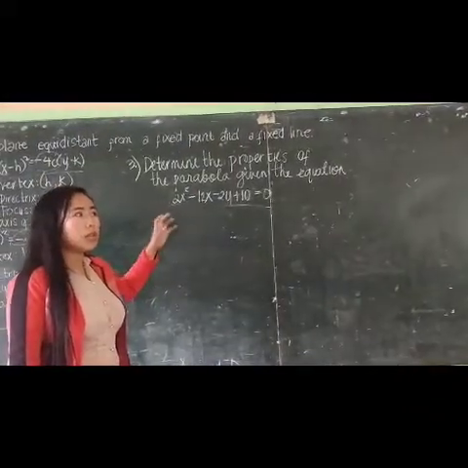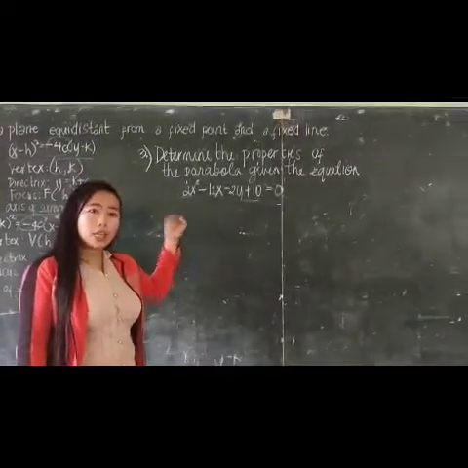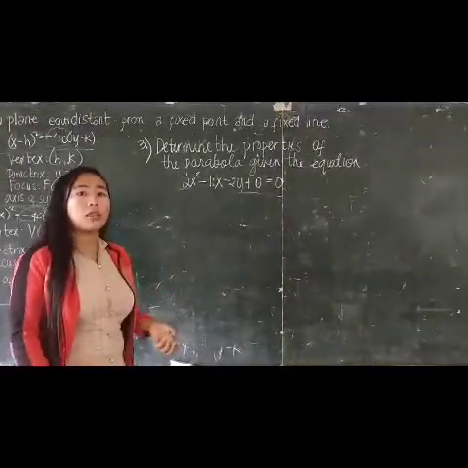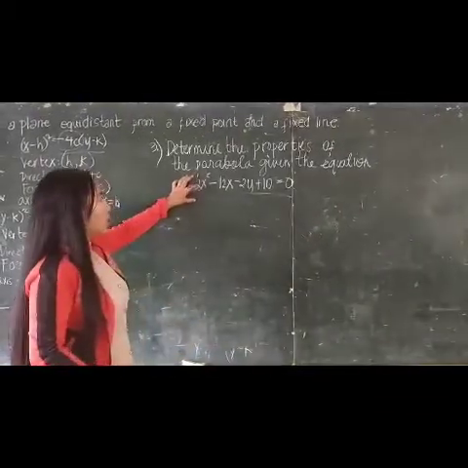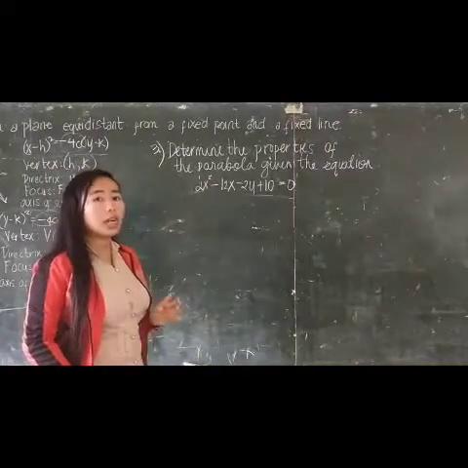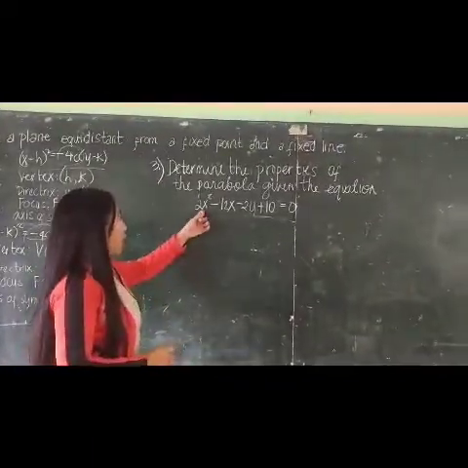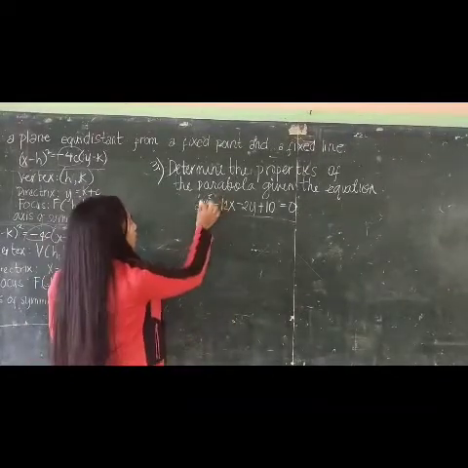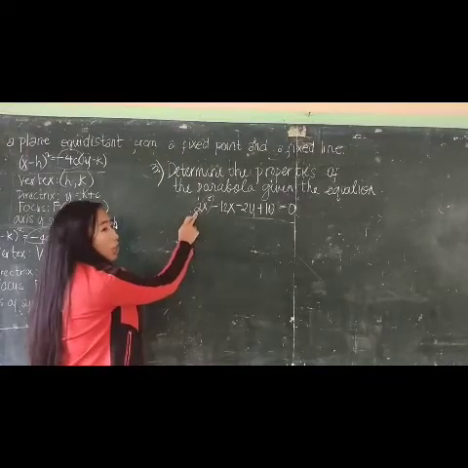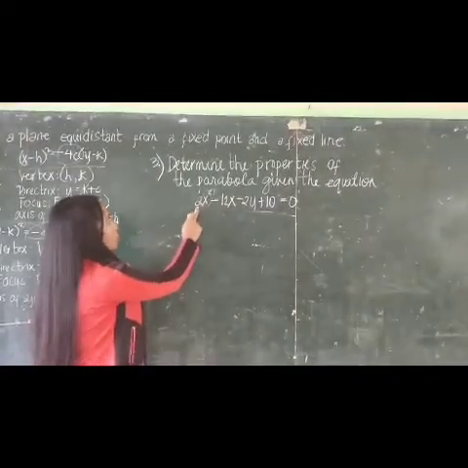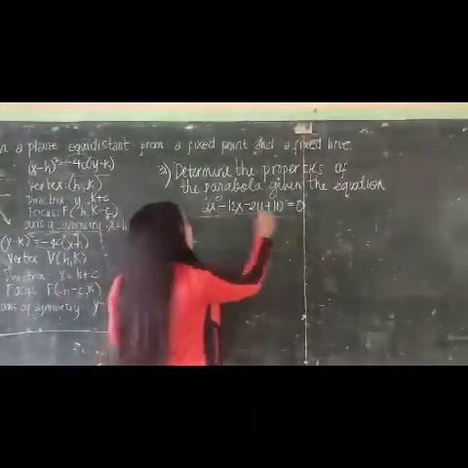So to determine the properties of the parabola, we can easily find it if the given equation is in standard equation. So therefore, we will change this equation from general equation to standard equation. Okay, the first step is make sure that here, x is in second degree, diba? Make sure that the coefficient of this is a 1. So since this is 2, we will eliminate these 2. So since the coefficient